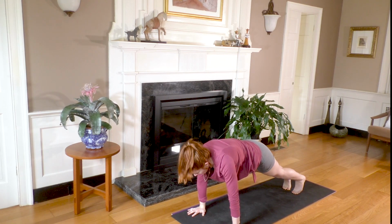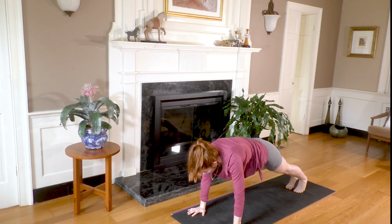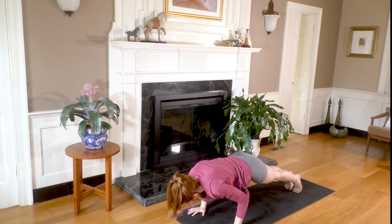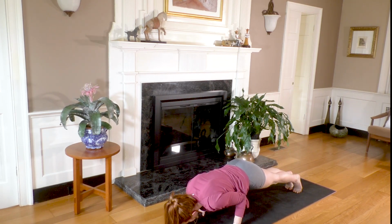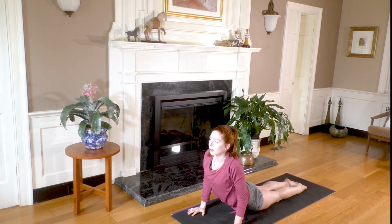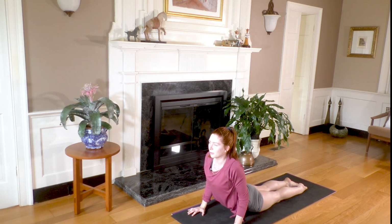Wherever you are, take an inhale. As you exhale, push the body forward with the toes or the knees. As you exhale, bend the elbows. Hug your elbows into your body. Lead with the heart down. Inhale, tuck the toes, point the toes. Lift the heart. Either pelvis and legs can be on the ground